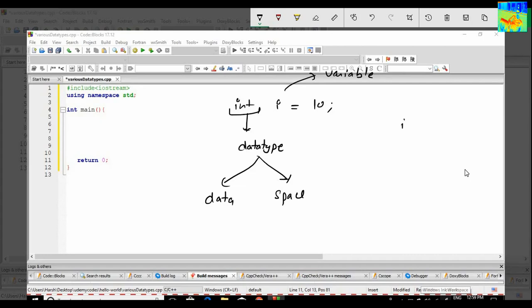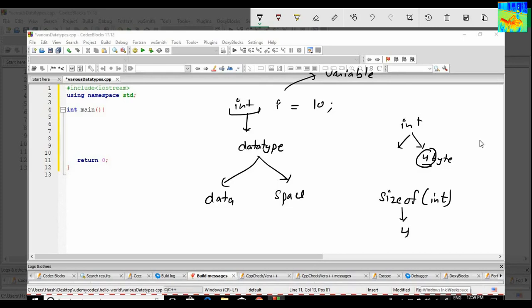In case of int, I will store integers and I require 4 bytes of space. So how do I come to know that integers require 4 bytes of space? Basically there is a function sizeof. I will give int as input and it will tell me that int requires 4 bytes of space.